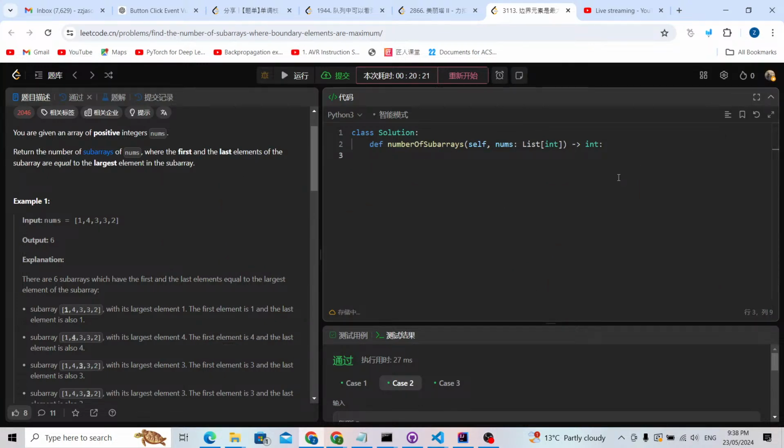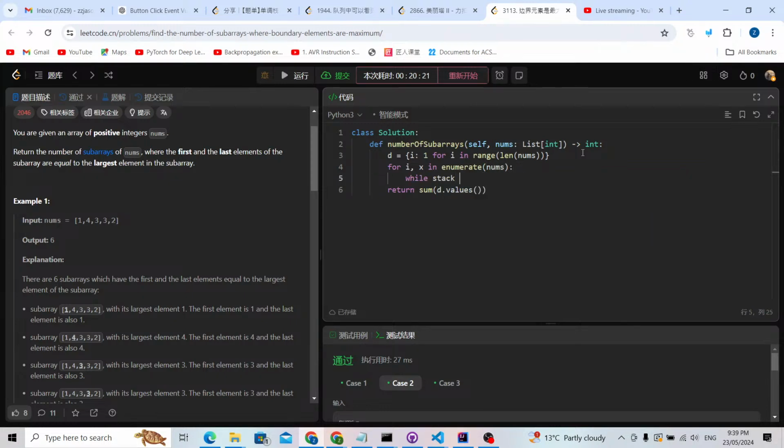So I'm gonna prepare a hash table. d is gonna be i to 1 for i in range length of nums. So for each of the indexes, I'm gonna set it as 1, because finally I'm gonna return the sum of d.values. Now I want to use a monotonic stack, and basically it is a monotonic decreasing stack. So for ix in enumerate nums,